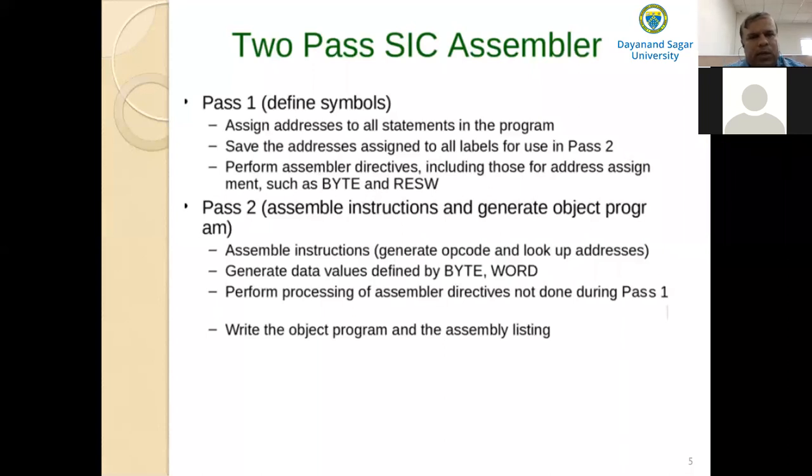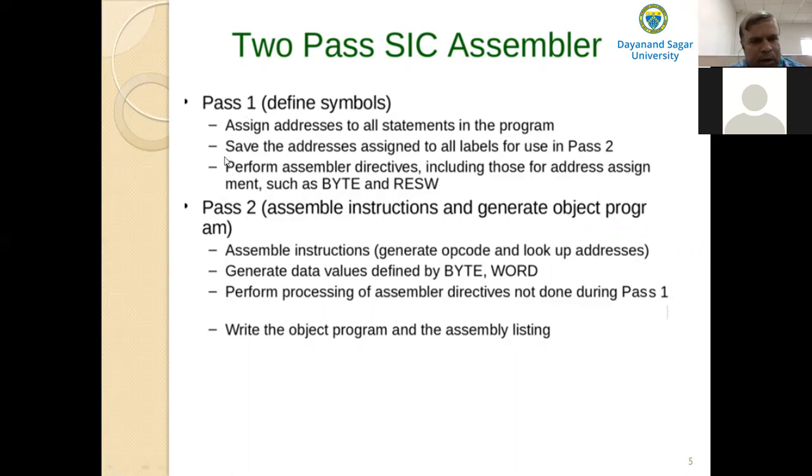Then what is the general description of the function of the two-pass SIC assembler? As I said, the assembler makes 2 passes over the source program. Passes are nothing but moves. In pass 1, it defines symbols, that means it will give the label definitions, and convert all the symbolic operands into their equivalent machine addresses.